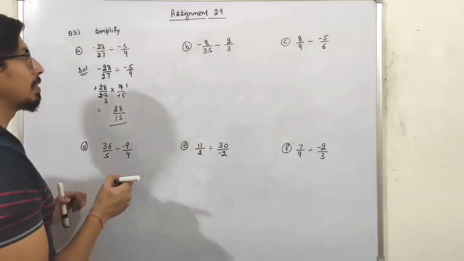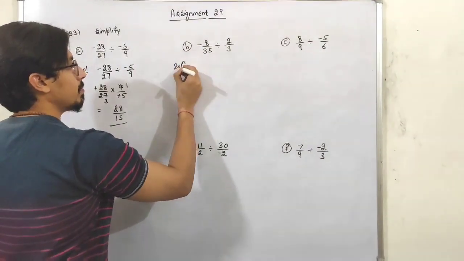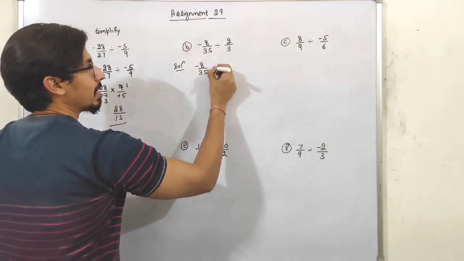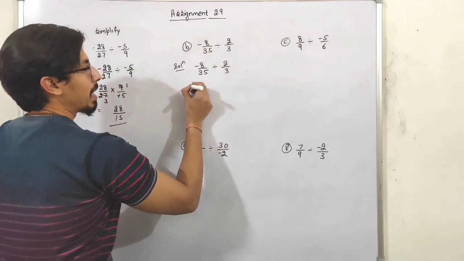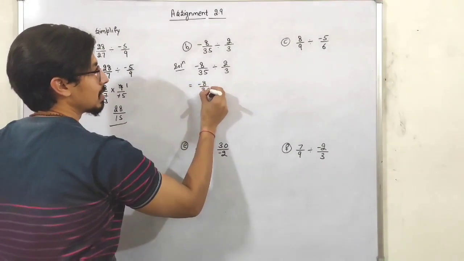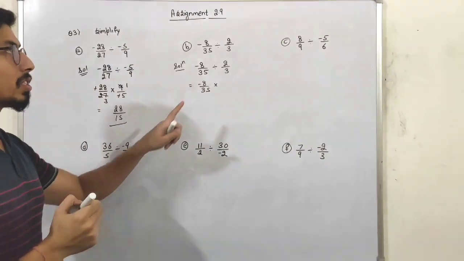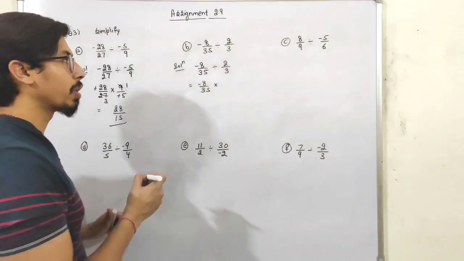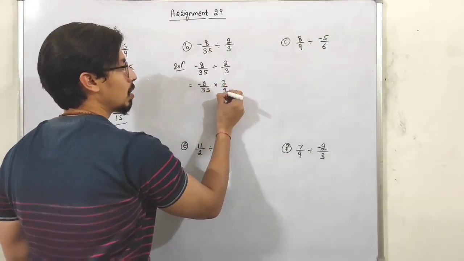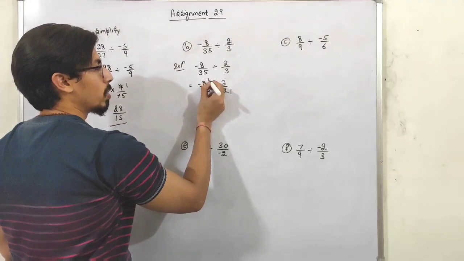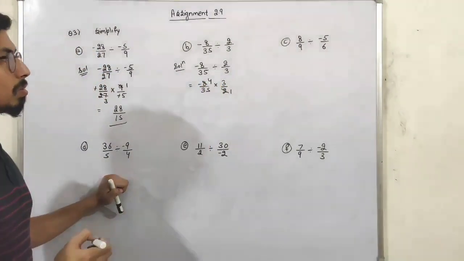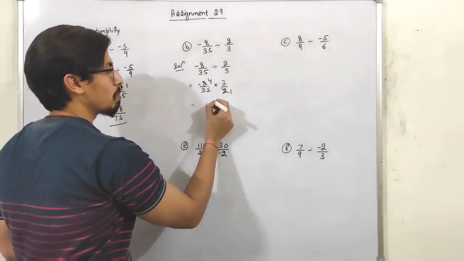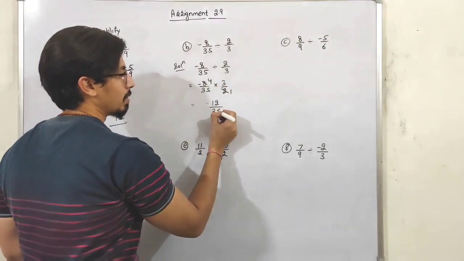Okay, students. Now in the next part, minus 8 by 35. We have a division sign. Okay. So minus 8 by 35 as it is. Just replace the division sign with a multiplication sign. So the term after it will get reciprocated. So it will be 3 by 2. So 2 ones are 2, 2 4s are 8. Now there is cancelling out now. So just multiply. So 4 3s are 12. So minus 12 by 35.